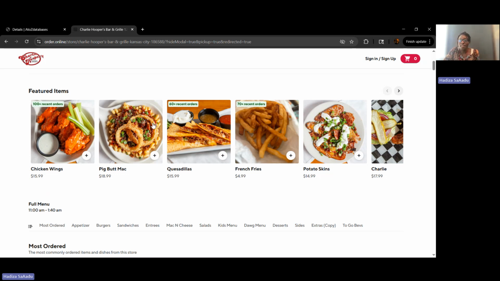So there's a lot that you can start to ideate around when you start exploring within A to Z databases and then go outside of A to Z databases and explore further on businesses,